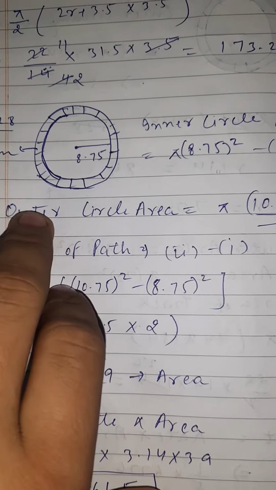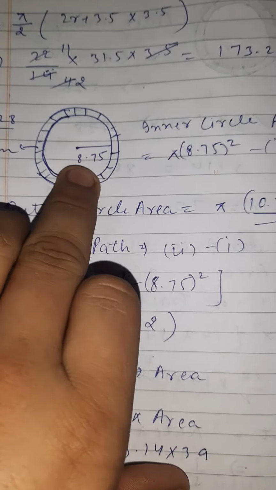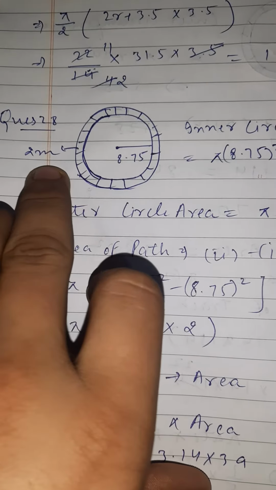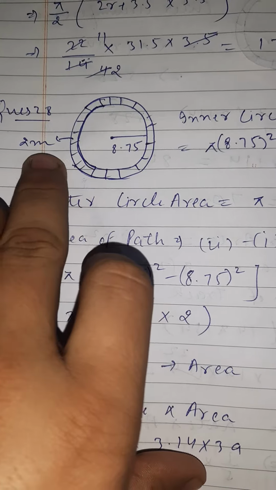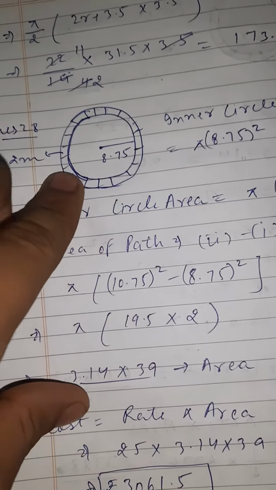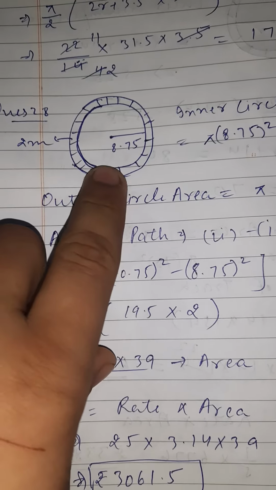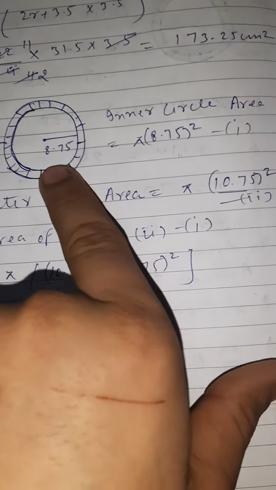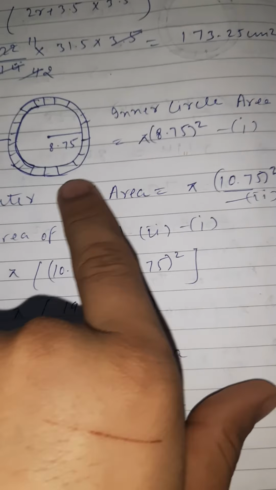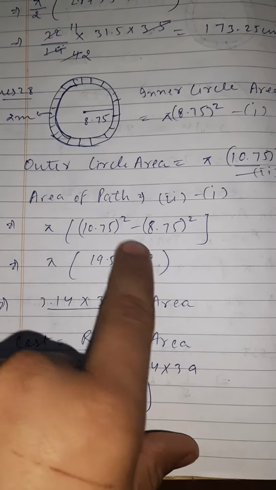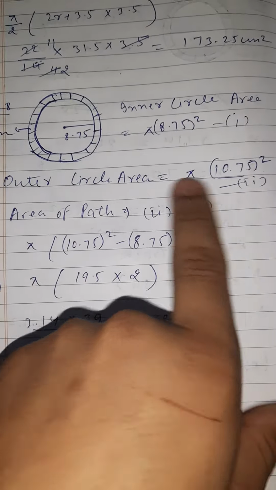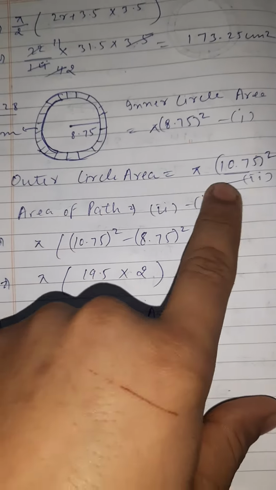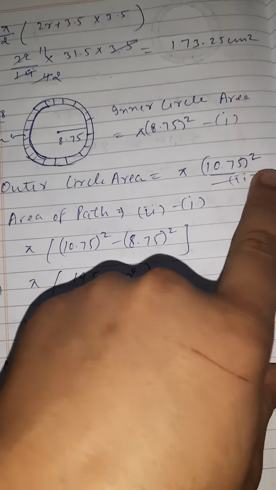It's the pond, of diameter 17.5, so its radius will be 8.75 meters, and this is a path type structure which is 2 meters wide. So for calculating its area, we can simply subtract the inner circle from the bigger circle. So we will get the area of this one. The inner circle area will be pi times 8.75 meters square, and the bigger circle will be pi times 10.75 meters square, as the 2-meter width is here. So the radius of the bigger one will be 10.75 and the area will be pi times 10.75 square.